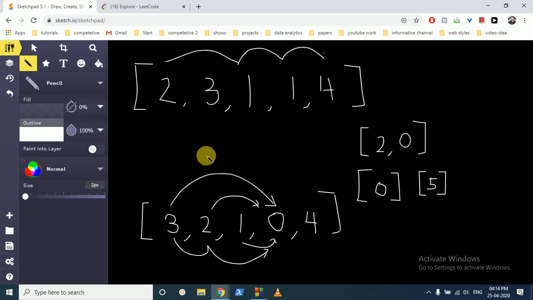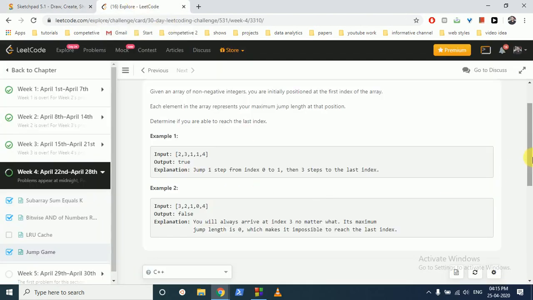But there can be two edge cases, as you can see. There can be a case such that the jump can be larger and you can go out of bounds. So you have to keep that in mind also, because though you can jump 1, you can also jump 2, which can take you out of bounds. So this is not acceptable. Also, if there is only one element, this is the last element. So even if it is 0, you are allowed to pass because you are at the last element. If the array size is only 1, you can reach the end irrespective of the number. I hope you understand the logic. So let's code it. That's the simple logic.